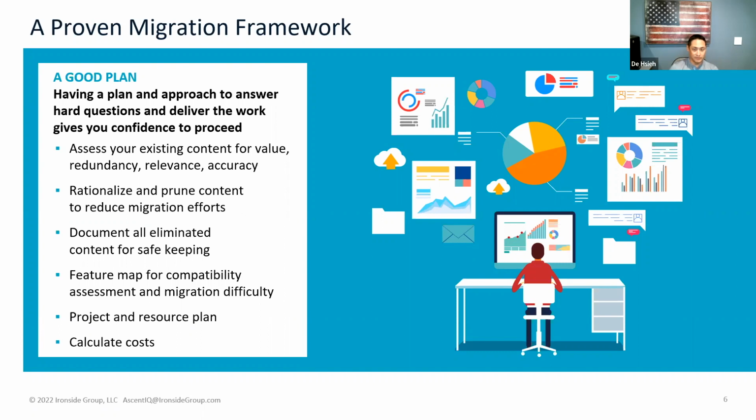But the first one is really to determine what you have, right? Do you have 20,000 reports or dashboards? Do you have 5,000 or do you have 2,000? And of that amount, how much is useful, right? Is it half of it? Is it a quarter of it? And then what we'll try to do is figure out how much of it can you actually remove, how much of it is duplicative. Because if you're going to move 5,000 reports and only half are valuable, then you're going to double your efforts in migration, right? And that's very costly.